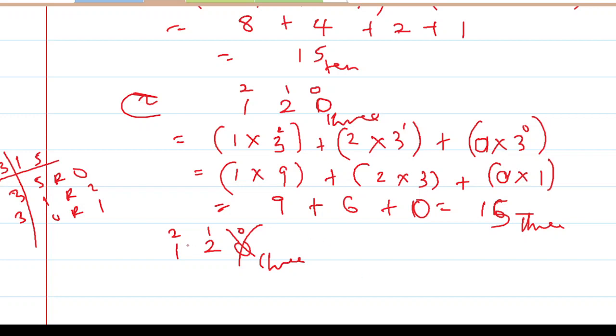So then I will only do these two numbers, which will give me 1 multiplied by 3 raised to power 2 plus 2 multiplied by 3 raised to power 1. Then that will give you 9 plus 6, which is equal to 15. So you will notice that it will save you